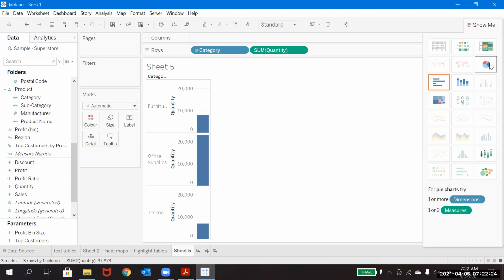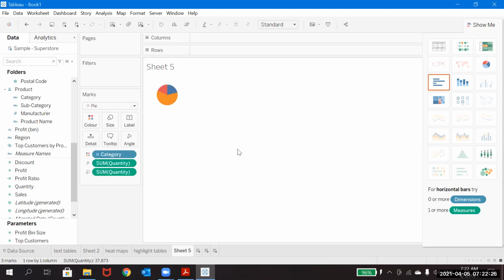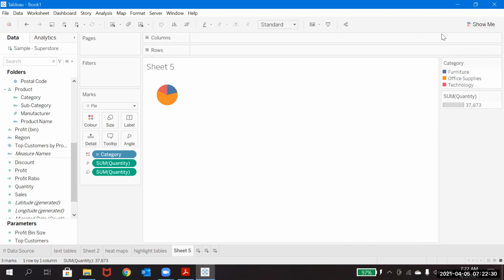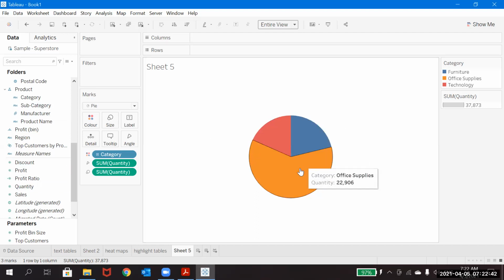So I'm clicking on the pie chart directly. So okay, it is directly showing the pie chart. But see what I did is, I just dragged the category and the quantity to rows. But the moment I clicked on the pie chart, somewhere it went. I mean, it's not there in the columns and rows itself. All the things went into the marks shelf here. So how will we create this manually?